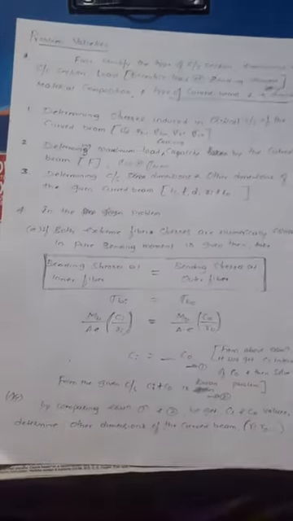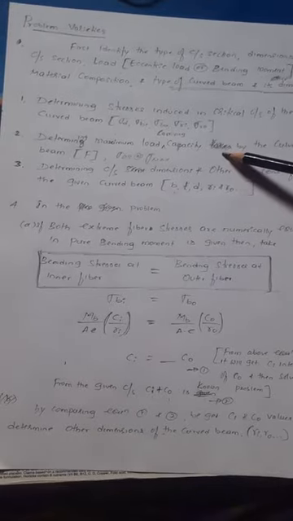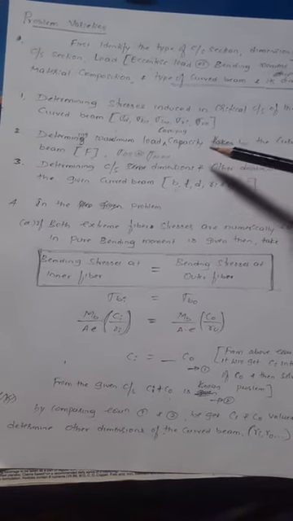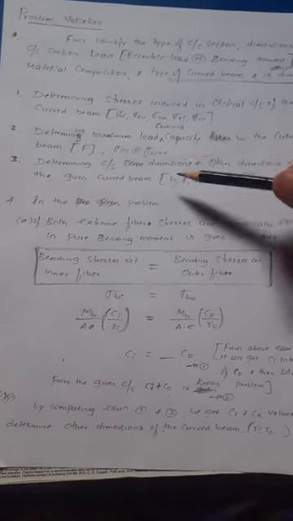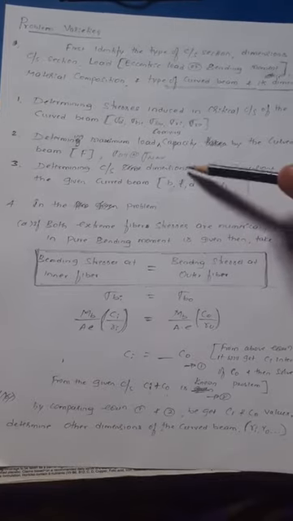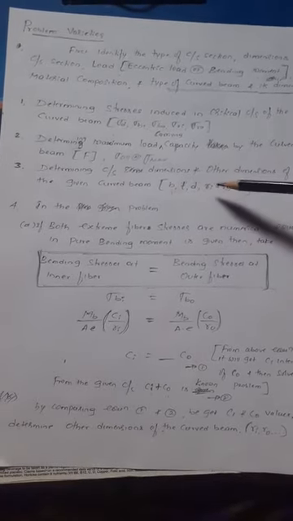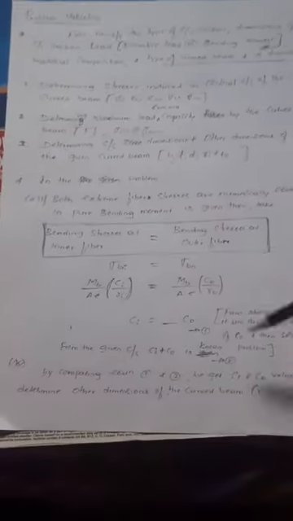These are the four varieties of problem. One is determining the stresses induced in the beam. Second is determining the load carrying capacity. Always take the load carrying capacity as the lesser value, not the maximum value. For dimensions, when determining the cross section dimension, always take the larger value. Then in the problem some other conditions may be given. This is how to solve the problem, right?